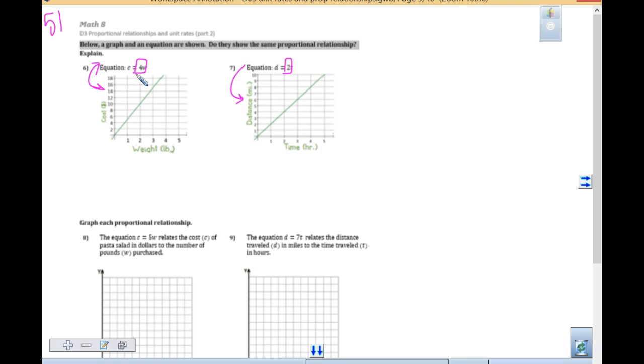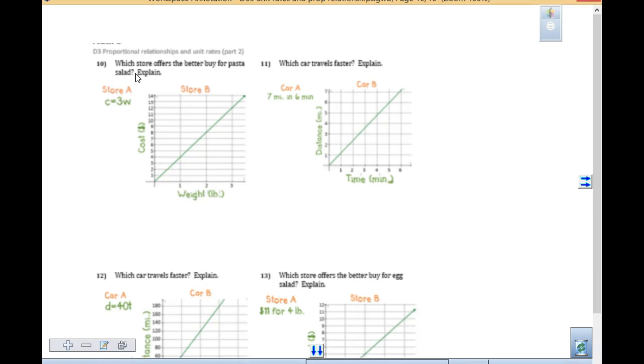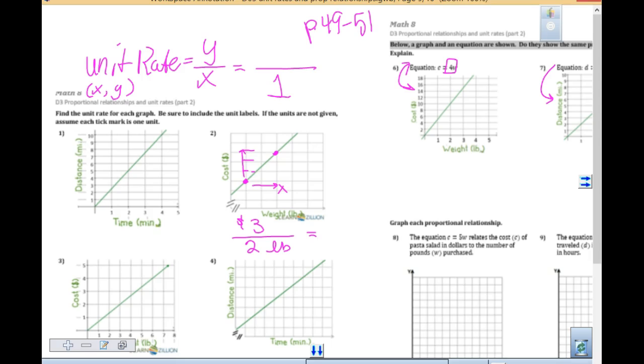And then as you take a look at the last page, that is where you're doing exactly like we were doing in our notes. This last page is asking you which one is a better buy, which car goes faster, which store is a better buy. So keep checking your answers. Do 1 or 2 questions, check those answers in the back, make sure they're making sense, because it is likely tomorrow we may have another homework quiz. So as you are working